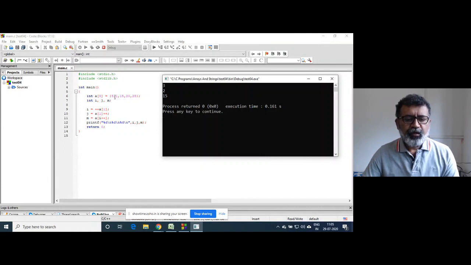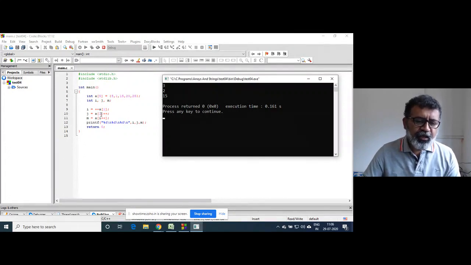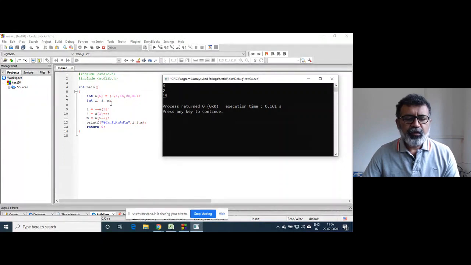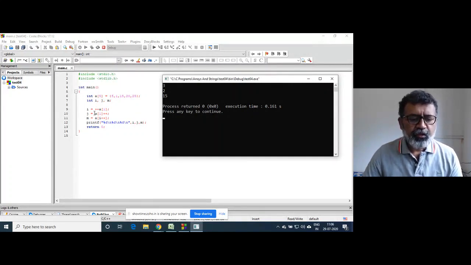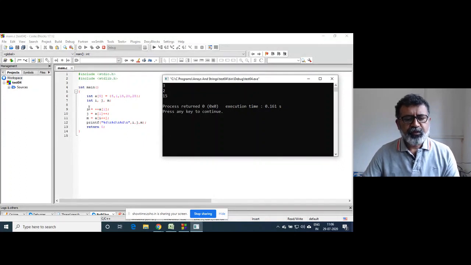A of I, that is A of 1, not I, A of 1 is 1, so that is incremented and becomes 2, right? And here A of I, what is the value of I here? 2, right? So A of 2, that is 15, is printed, then I is incremented, right? So this is how basically the increment operator works.